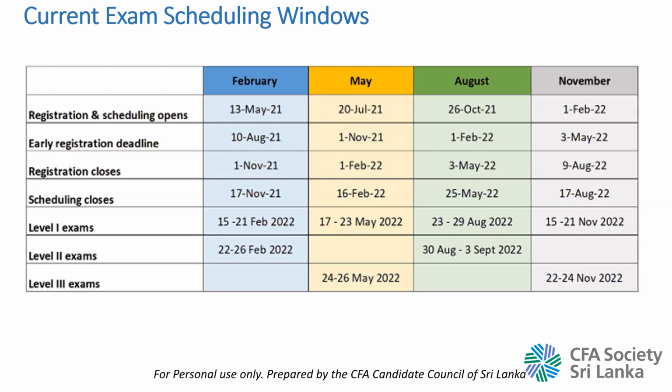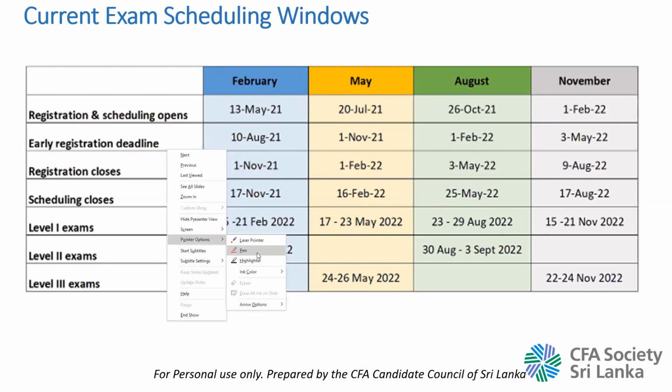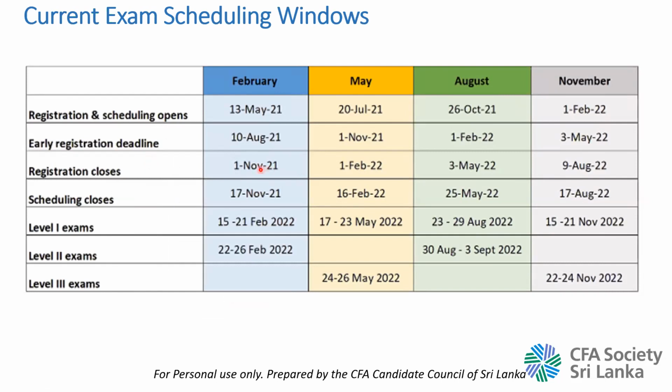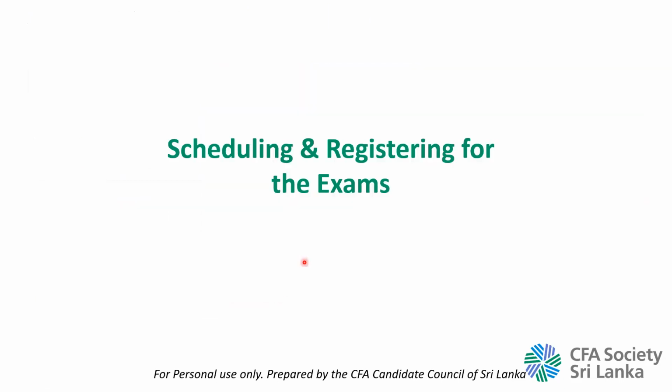Okay. Because of that, the registration and the scheduling have been broken up into a two-step process. That's why you see these two things over here, where they show the date that the registration closes and when the scheduling closes. So there are two different time periods, and you need to be mindful because this is now a two-step process. This is something which has tripped up a lot of candidates.